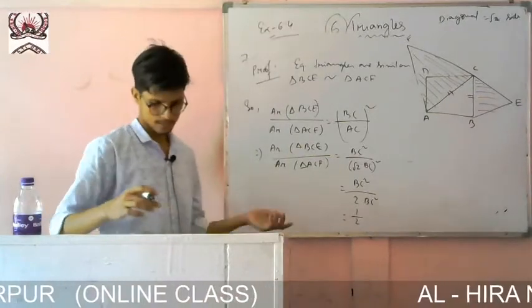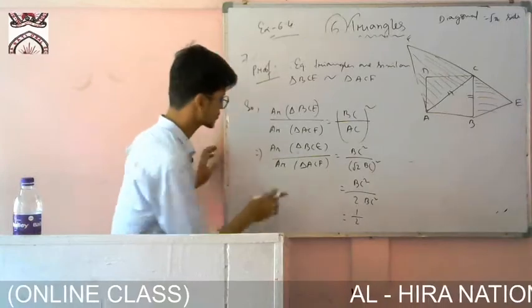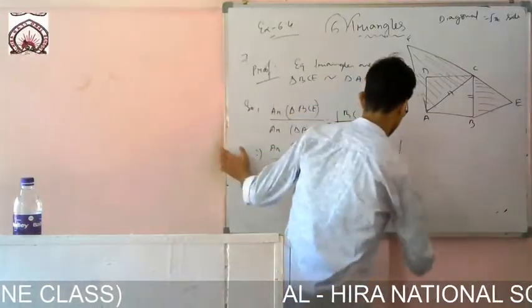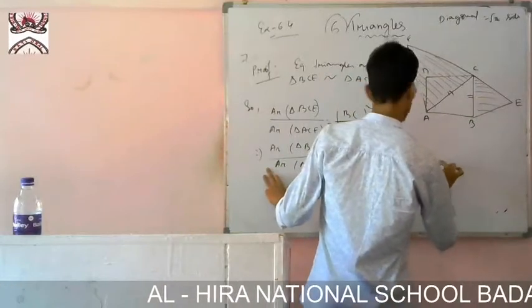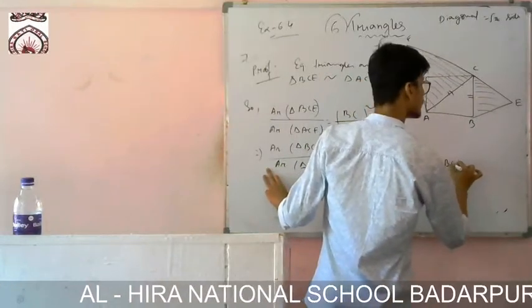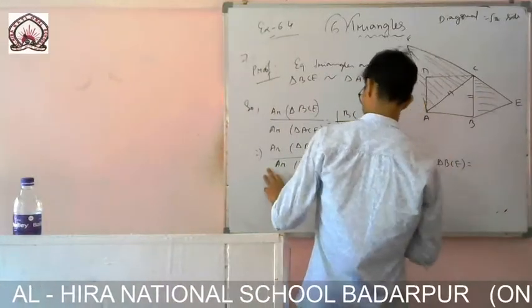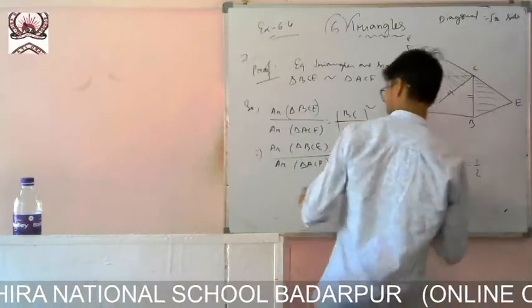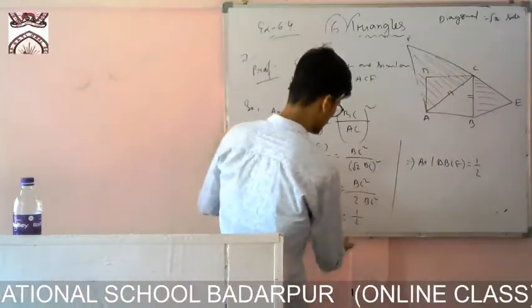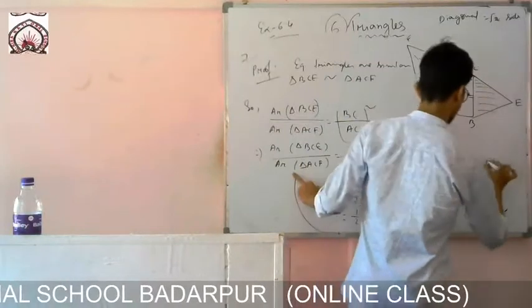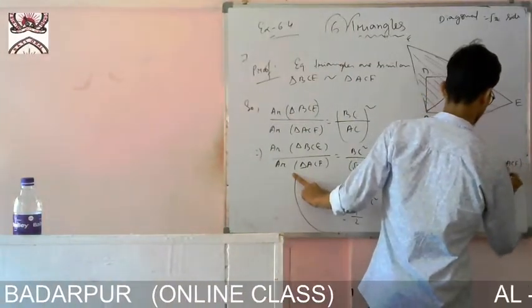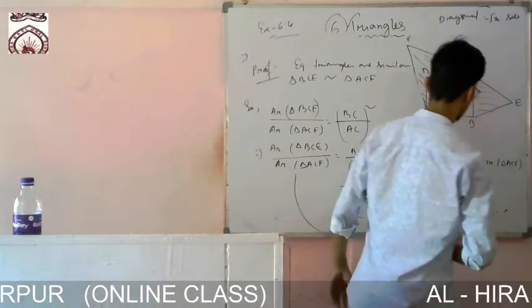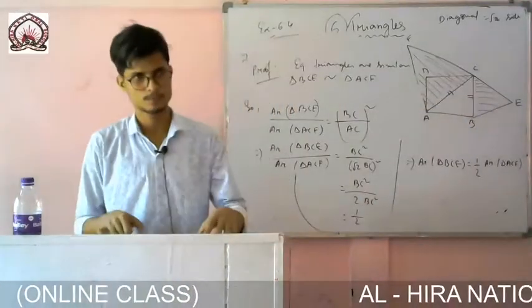So if I just change the side, what is given here? Area is equal to, if I move this one, then the area of triangle BCE will be equal to, half is there, half will be there, this one will come there, area of triangle ACF. It is proved. Okay, it is proved.